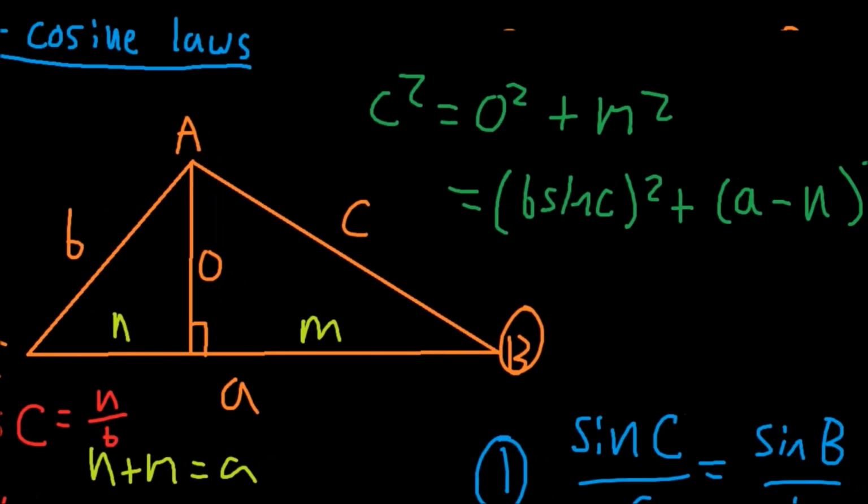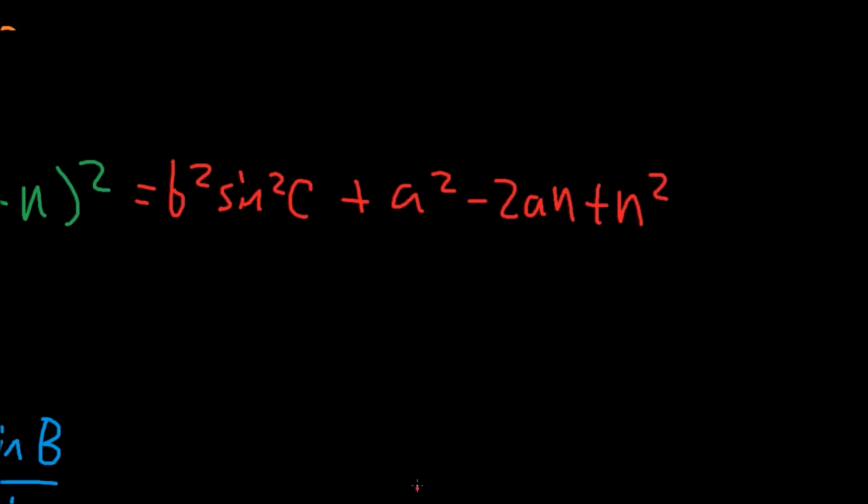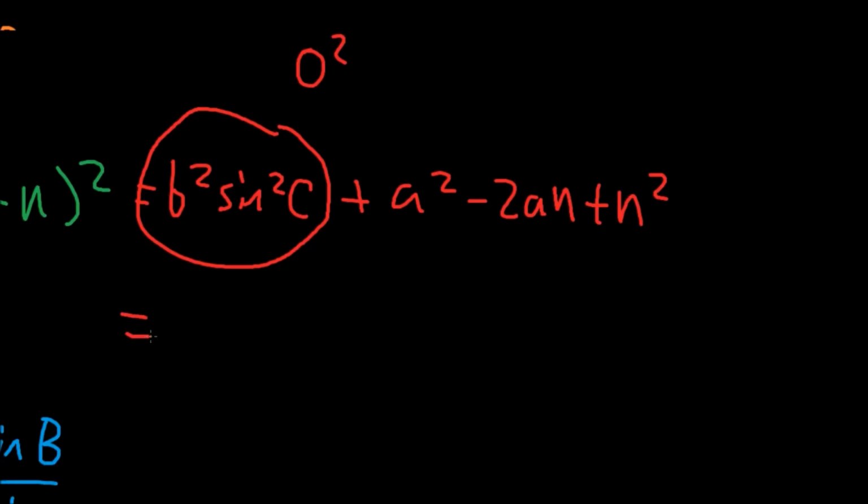Now, I shouldn't have expanded O yet, so what you're going to notice is that O squared plus N squared equals B squared because there's a right angle triangle right here. So O squared plus N squared, we're going to cancel those two terms out, and we're going to have plus B squared,